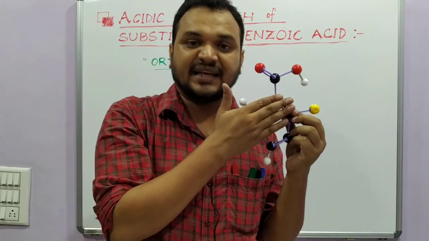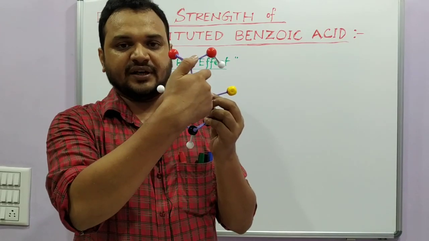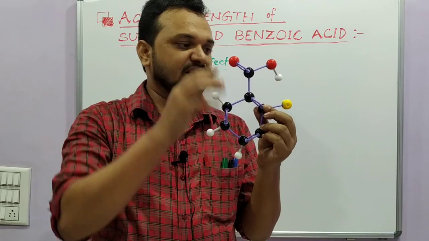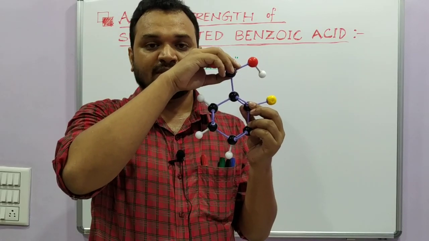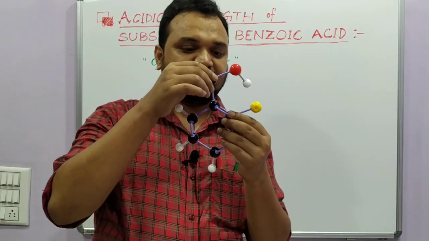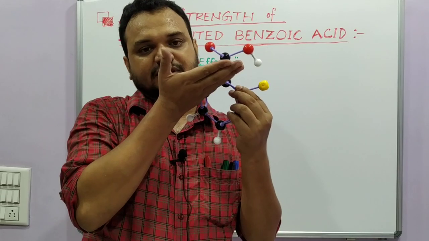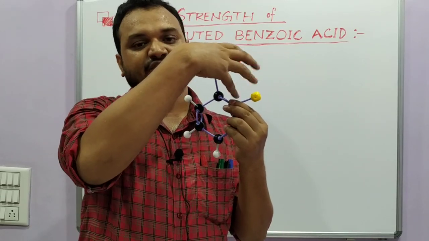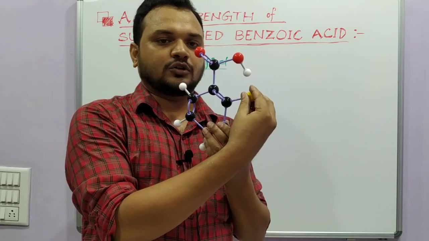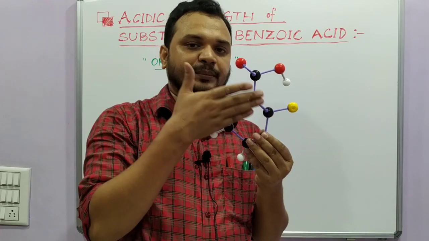It is known as steric inhibition of resonance. Because of steric effect, the resonance is inhibited. And what is the final result? It is reflected in the pK value. We will see the pKa values after some time. There it will be revealed that since the planarity is disturbed and the resonance is also inhibited, the acidic strength increases very much. So because of the presence of an ortho substituent in benzoic acid, the acidic strength of the benzoic acid